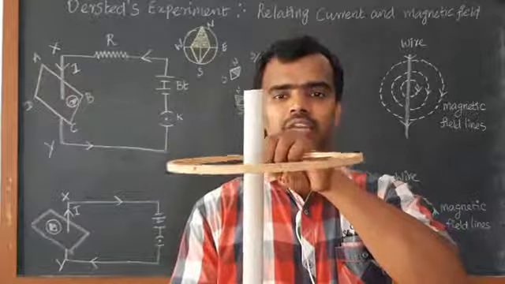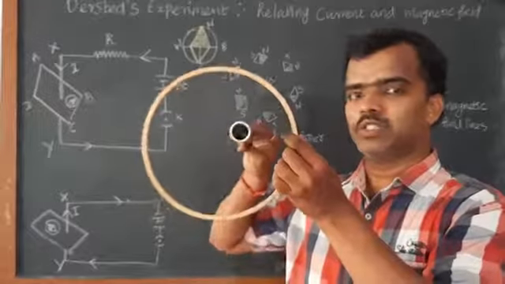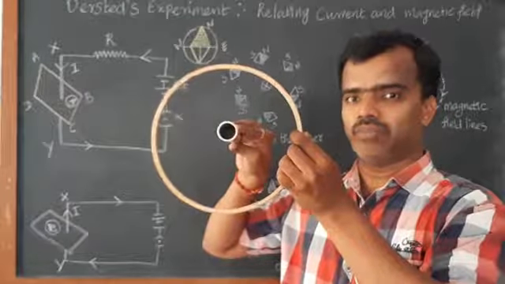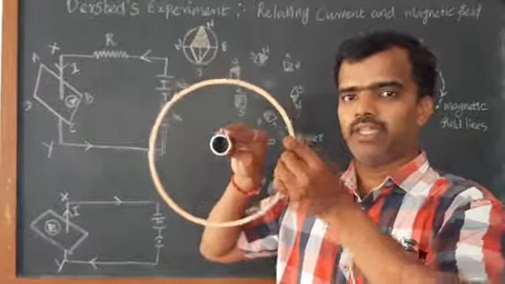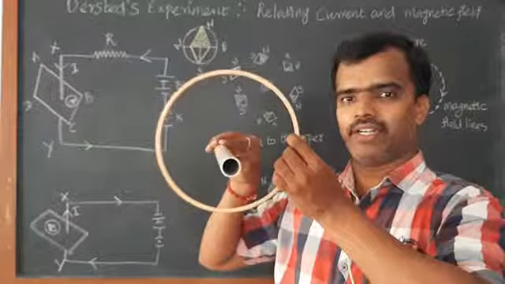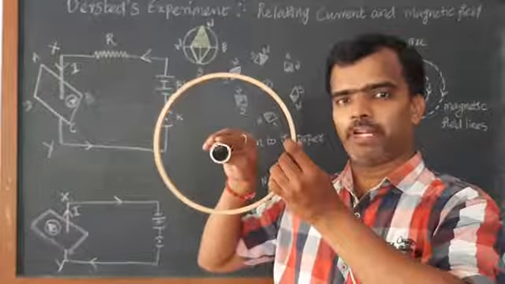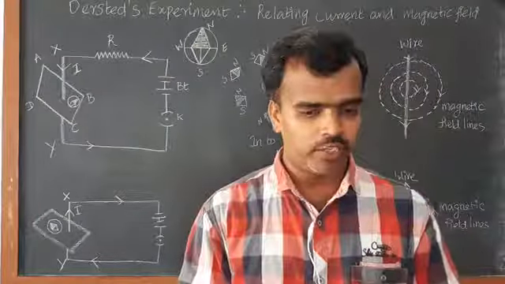If I am showing it like that, you will not be able to understand, so I am going to change it. This PVC pipe is the current flow, the current flowing in that PVC pipe, and this one is the magnetic field, which will form a circular shape, exactly perpendicular to the current direction. Okay. Now, move on to our concept.